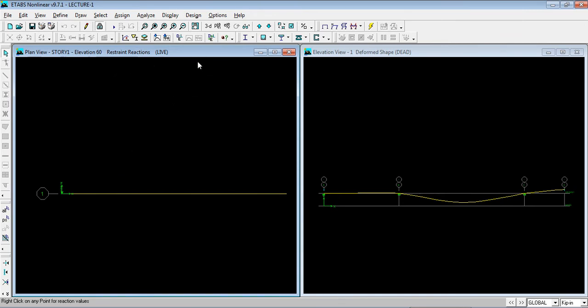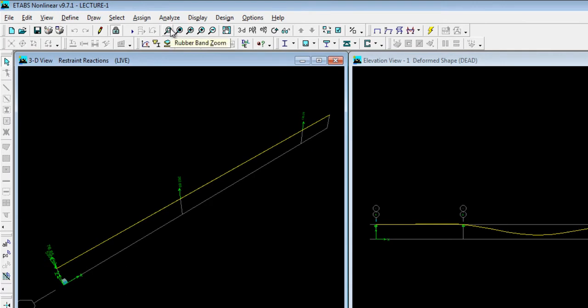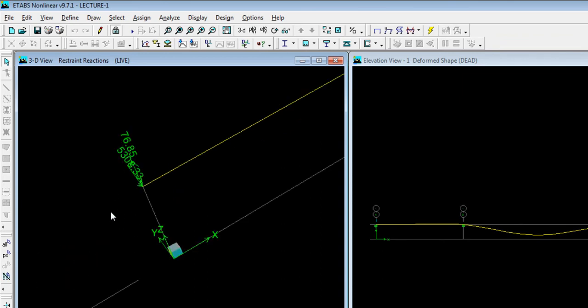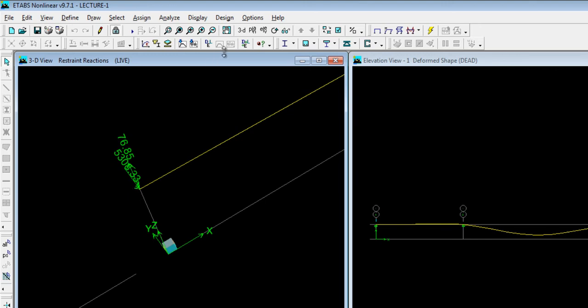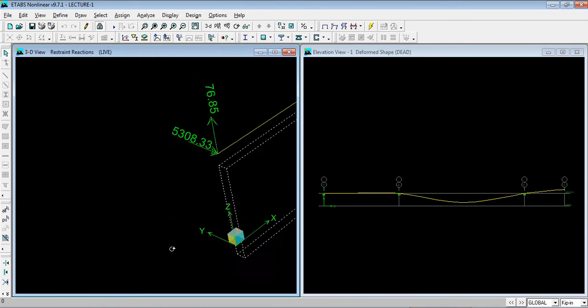To see the reactions, you have to click the window and select 3D. Just click the 3D. Now you will see the reactions. I just need to zoom. There is a rubber band zoom. Use the rubber band zoom to zoom on a point. See, here are our reactions, and there is an option there, Rotate 3D View. Click on Rotate 3D View. You can rotate your